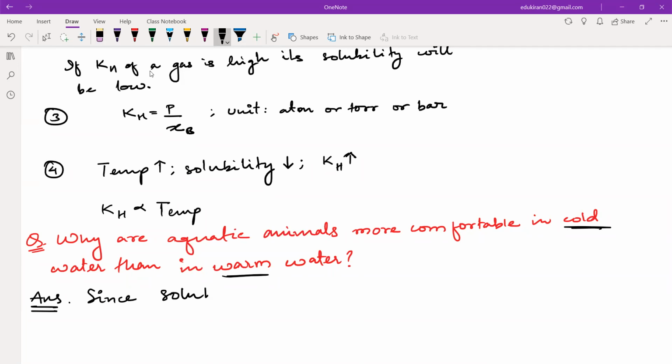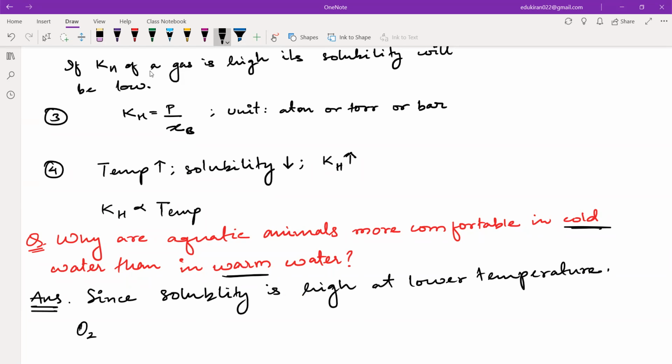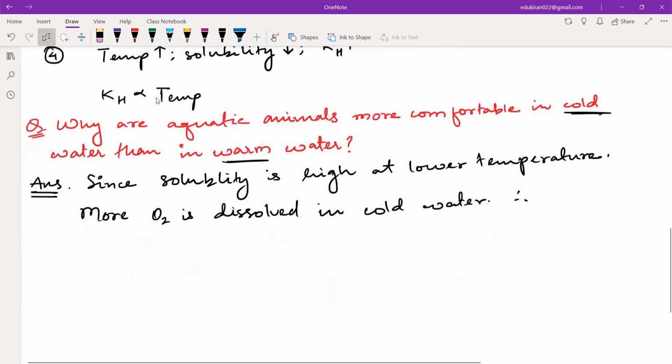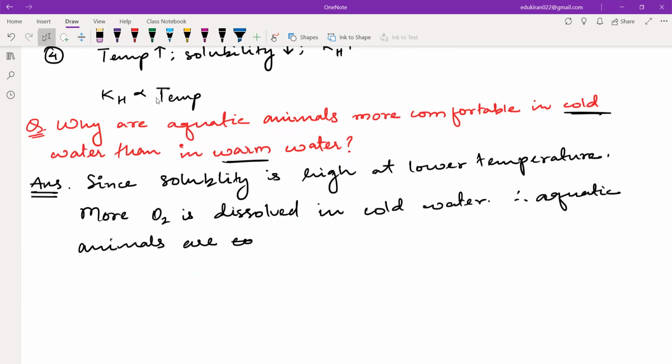Since solubility is high at lower temperature, more O2 is dissolved. है ना, ये लिख सकते हैं, more O2 is dissolved in cold water. Therefore, aquatic animals are more comfortable in cold water than in